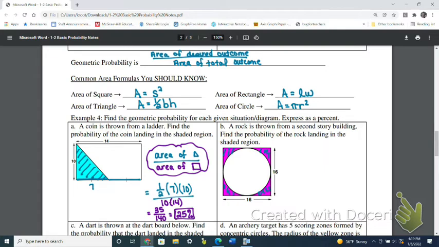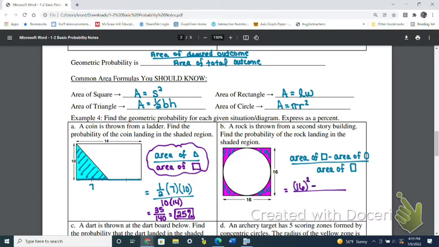So my game plan is going to be area of the square minus area of the circle, because that will get me my shaded region, and my total region is again the square. It's the bigger shape. So on top, area of the square, that's just 16 squared, minus